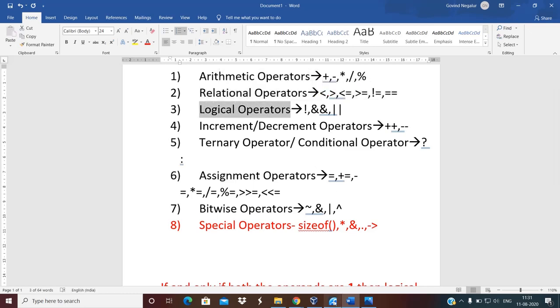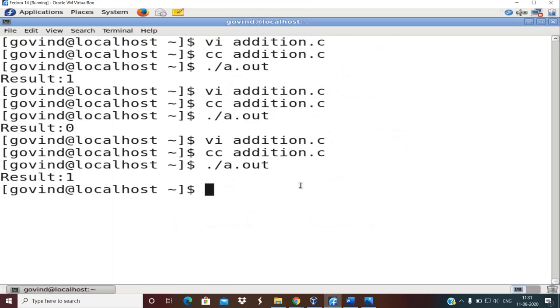In fact, in yesterday's algorithm and flowchart session, we did consider 2 or 3 problem definitions which required decision making, like printing whether a number is even or odd, right?